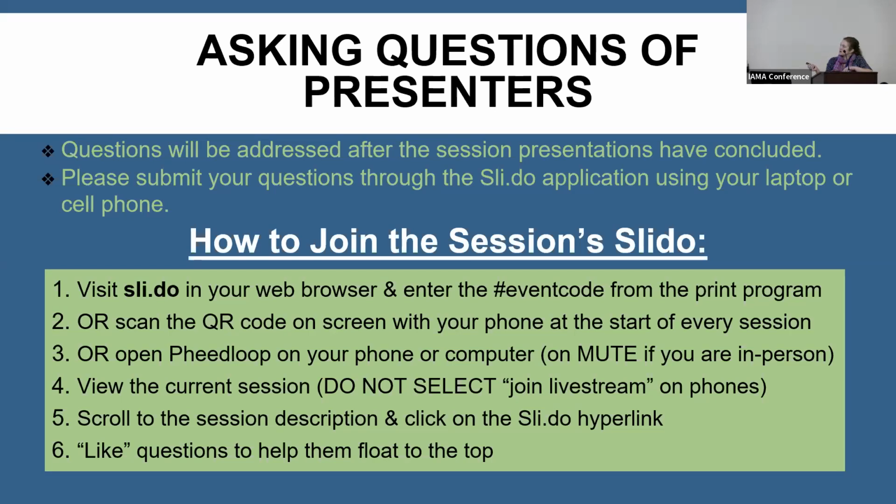Basically, you just visit slido.com in your web browser, and then each session will have its own event code, which we'll present at the beginning of the sessions, but also they're printed in the program. So you can see at the beginning for each session, there's the specific code for that session's Slido. So it's pretty self-explanatory once you get in there, and you can let us know or let Sandra know if you have any questions. But as I said, we'll be also taking questions just from the floor. And we even have these paper question submissions also.